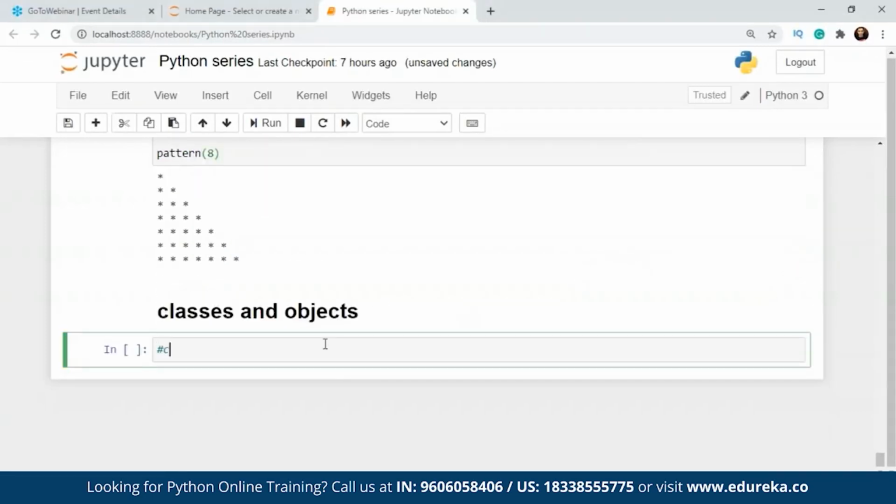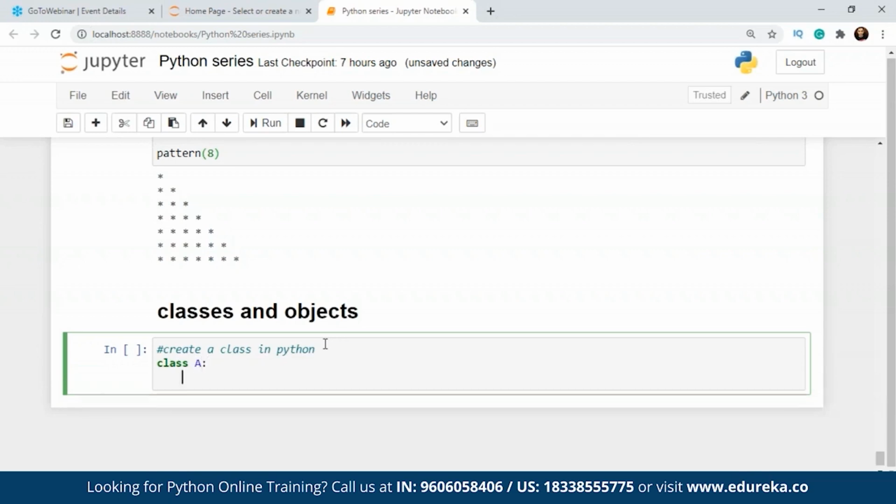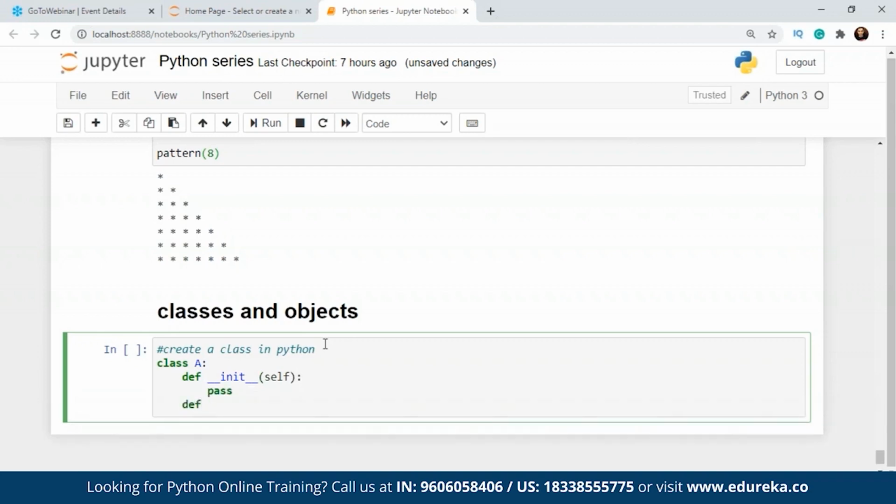So first of all, we have to talk about how we can create a class in Python. You have to use the keyword class. After that, you can mention any name. And first of all, you have to define an init function or init method. The init method is like a constructor which gets invoked each time you create an instance of the class. It doesn't have to be specified each time, but it's good practice to make use of the init function,